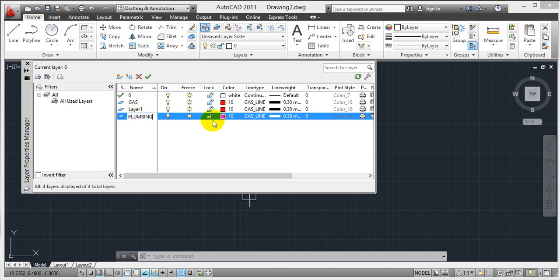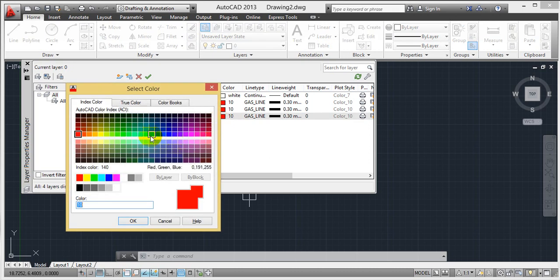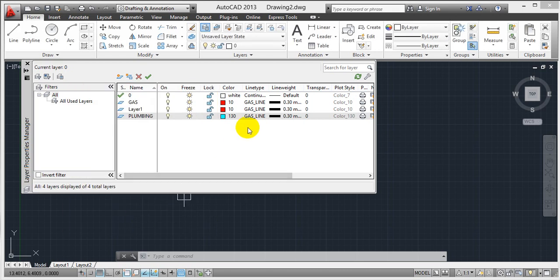I'm selecting plumbing. So you have to change the color. So what is the plumbing color? It's whatever, sky blue of water, right? So take it sky blue. Line type also you have to change, because if you change one line type, the remaining line type also comes as it is. So go for line type.